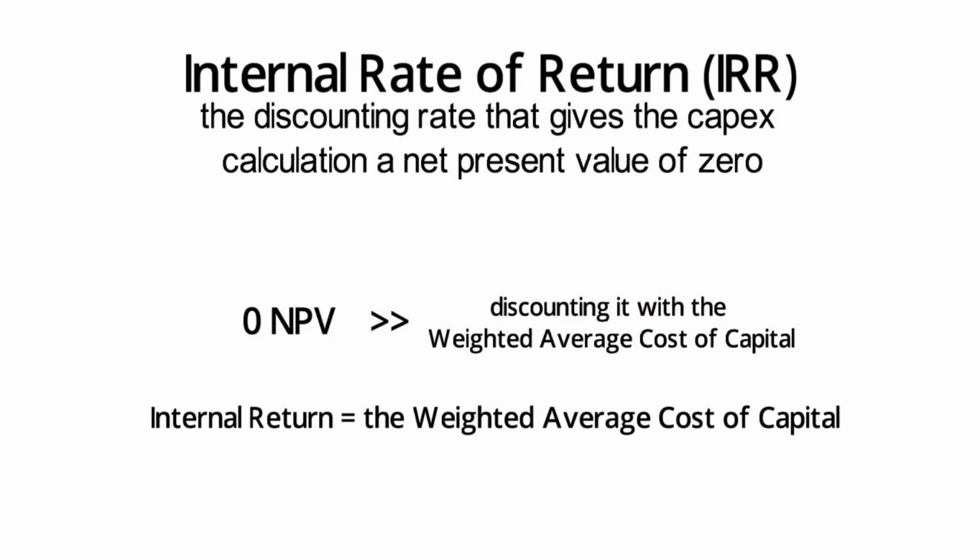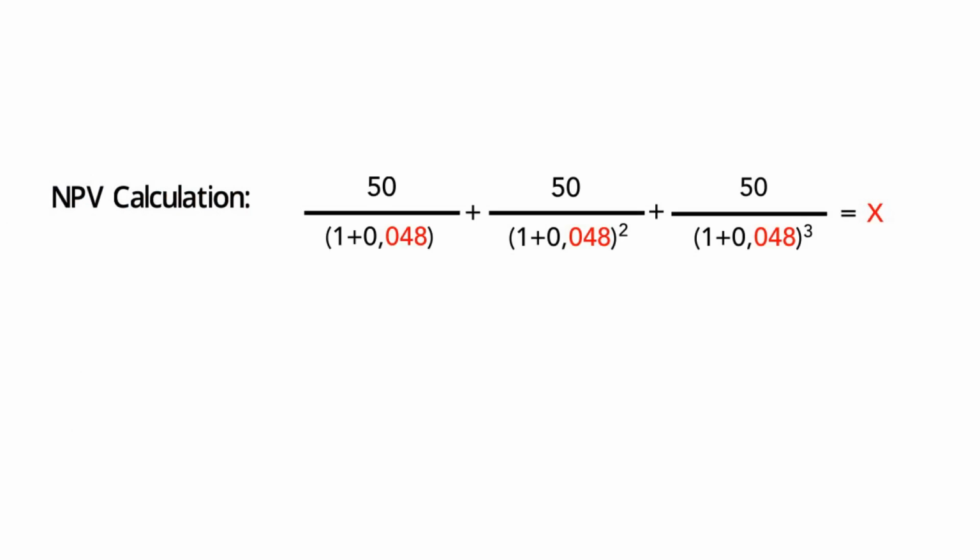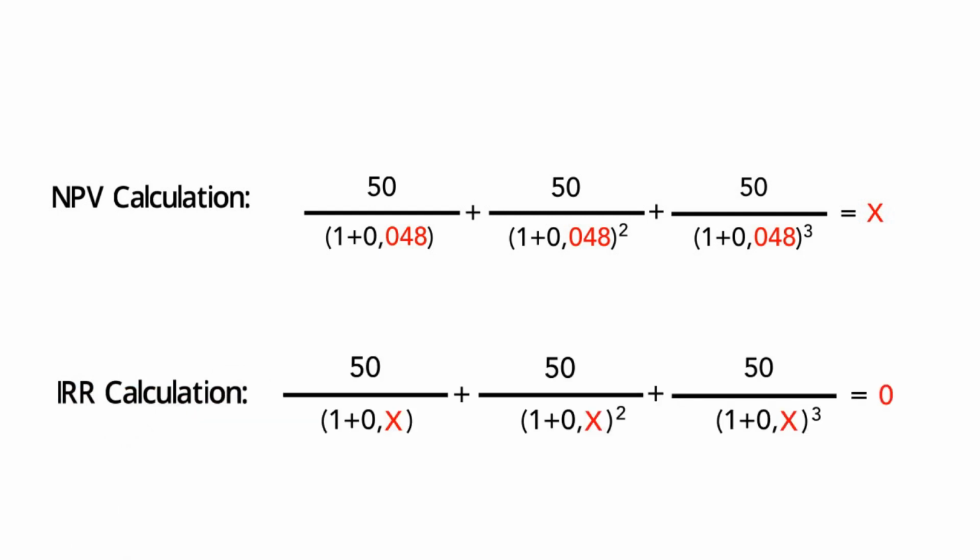And just to step back a moment, the Profitability Index is 1. You know when you have an equation and one term is unknown? In an NPV calculation, it is the NPV that is unknown. In an NPV calculation, you know the cash flow, the CapEx, the life, and the WACC. You solve for the NPV. In an IRR calculation, we do almost the same thing, but we decide to set the NPV to 0. We still know the cash flow, the CapEx, and the life of the investment. What is now unknown is the discount rate, so we solve for that instead.